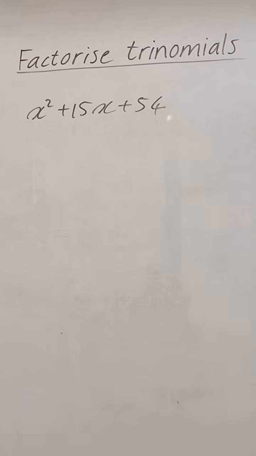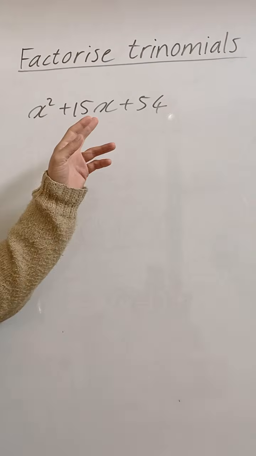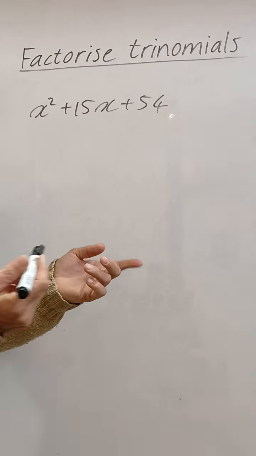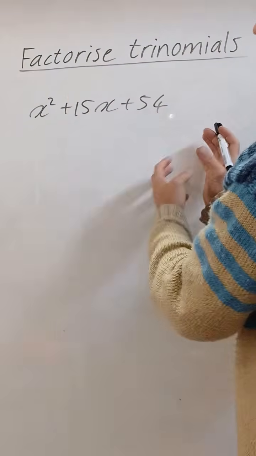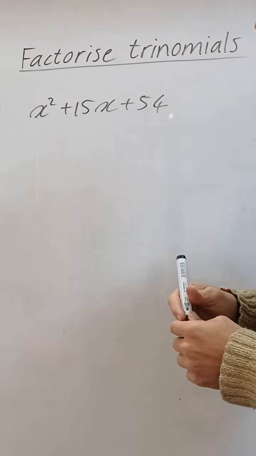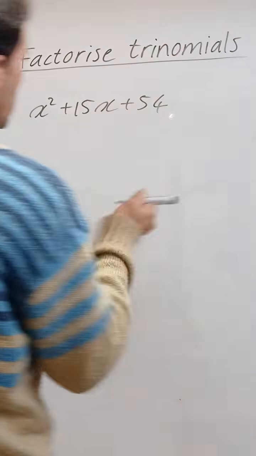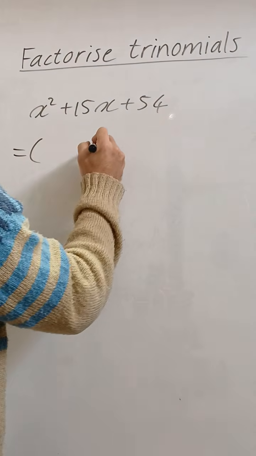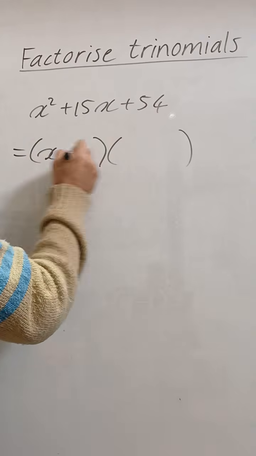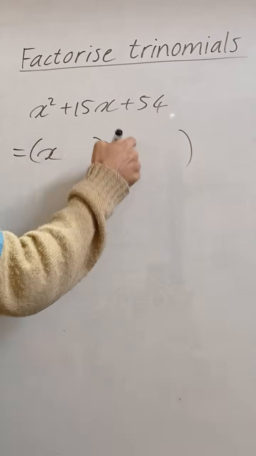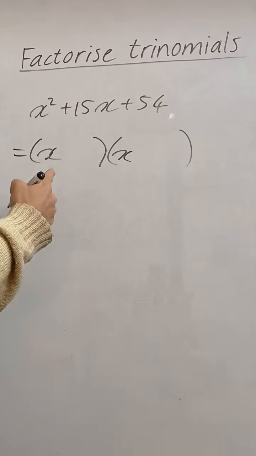Okay, the important thing with factorizing trinomials. Remember, you want to factorize, you want to get factors, you want to get it in brackets. But you can say something times something gives you this. The important thing is that when you put in the brackets, you know you're going to have the brackets, and you know that x times x is x to the power 2. So that's an easy start.